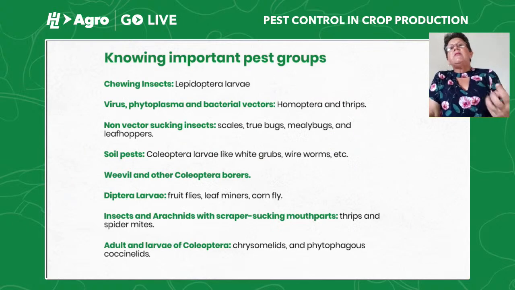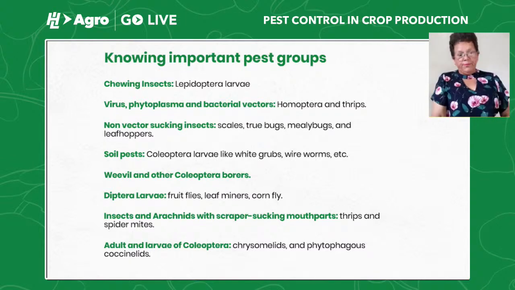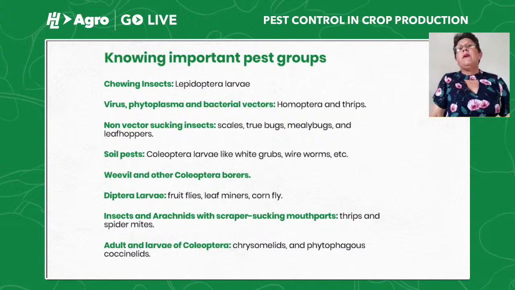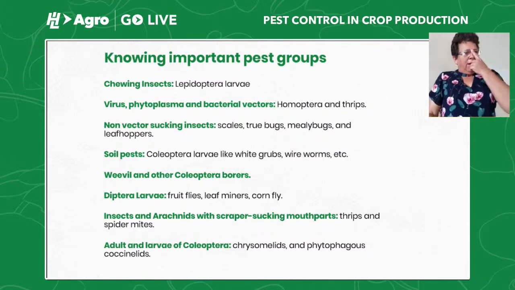Systemic insecticides concentrate on the plant sap. And this is a chewing larva. You can't do much with a systemic insecticide against Diptera larva. So we're going to see groups of pests, the way how to manage different groups of pests, to give you an idea of what they are and how to manage them. I'm going to list a number of things, and then we're going to see in detail.